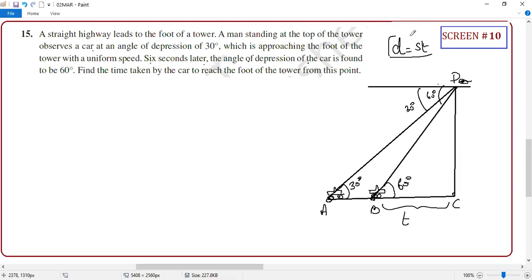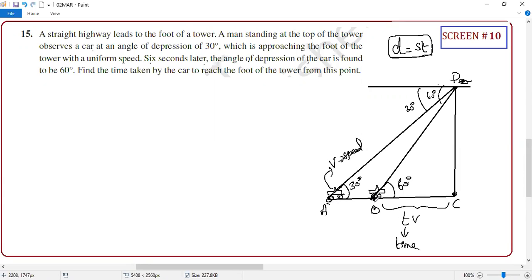Distance equal to speed into time. Everyone? Yes, sir. Now, T is not that. Let the speed of this car be V or S, which letter do you want, student? Shall we put V, velocity, because it has some direction? I'm keeping that as V, okay, so BC is TV, right? Whereas T is what? Time. T is the time required to travel B to C.